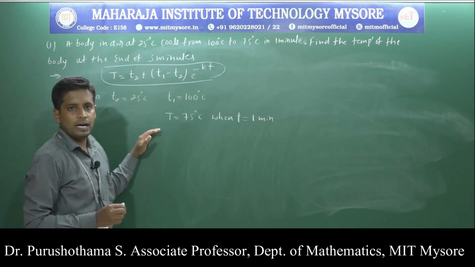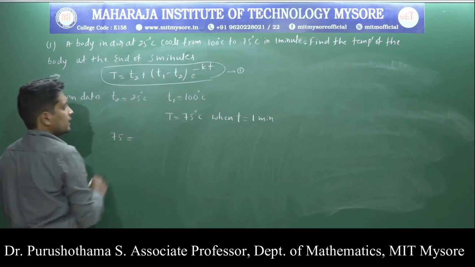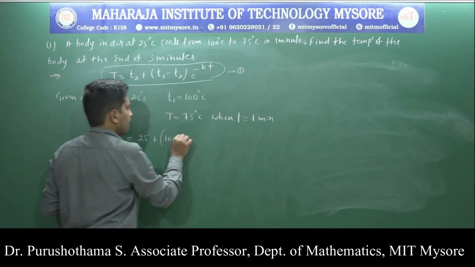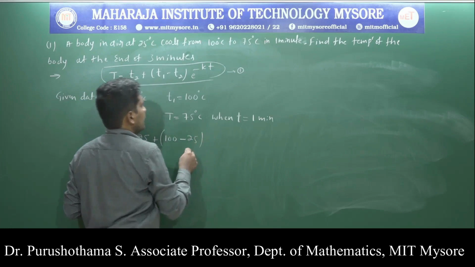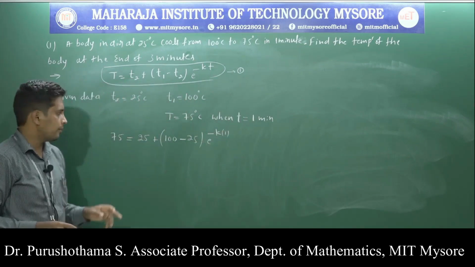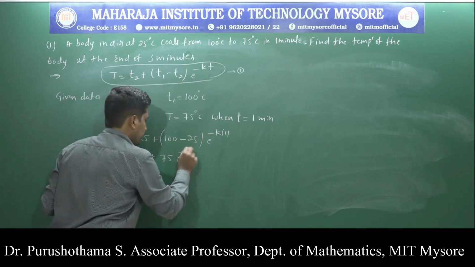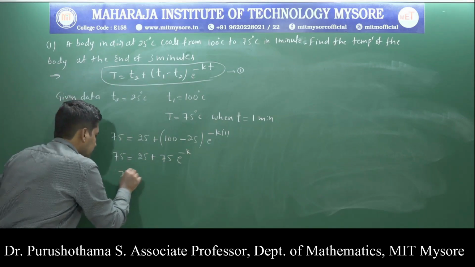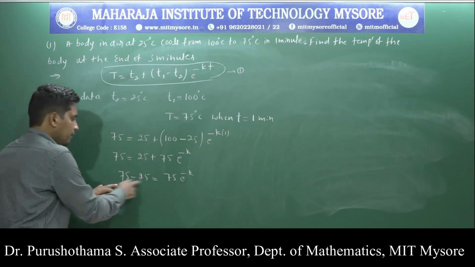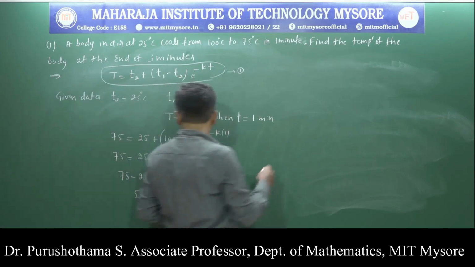So, using the given data in the temperature function, equation 1, we get T = 75. T2 is 25 plus T1, the initial temperature 100, minus T2, which is 25, into e power minus k, the constant, into t equals 1 minute. So 75 equals 25 plus 75 into e power minus k, or 75 minus 25 is equal to 75 into e power minus k, or 75 minus 25, which is 50, is equal to 75 into e power minus k, or 50 by 75